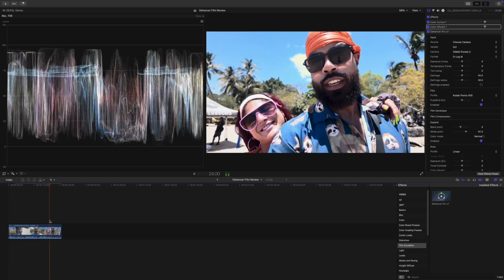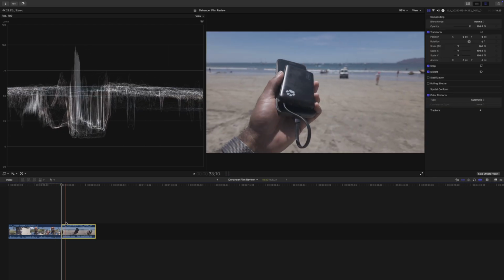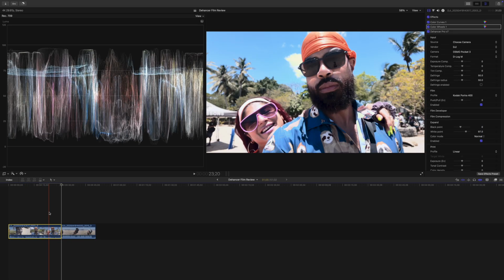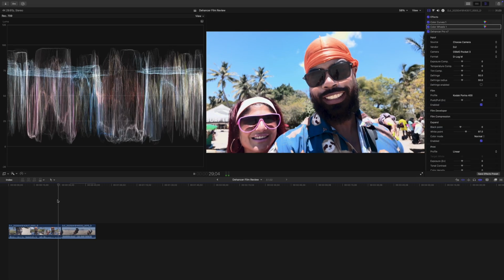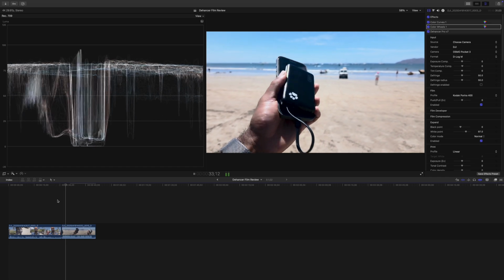So next step would be to add this color grading to the rest of the clips. In order to add our color grading to this clip, we will select the first clip and press copy, Command C. Then we will select the second clip and press paste, Shift Command V. It's a special paste that will allow us to copy the settings that we want from the first clip over. Now you can see the color grading has been successfully copied over to the next clip and it is now